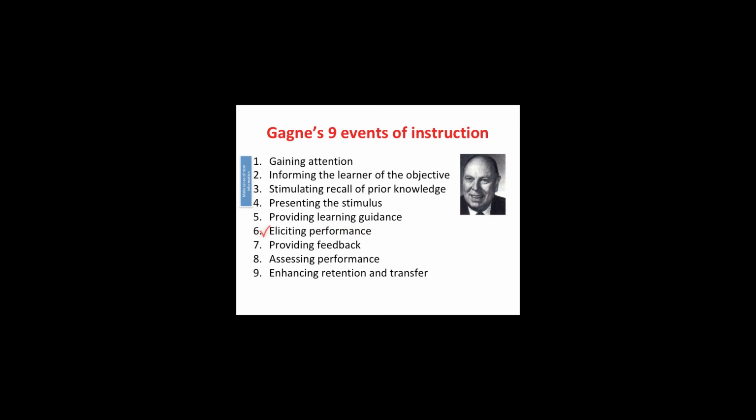So students had a moment to actually practice that performance on their own without the help or assistance of the teacher or the instructor. Then the students had an opportunity to receive feedback on their performance. So what were some of the things that they need to improve? What were some of the characteristics that they had to pay attention to as they were practicing on their own? And then the teachers had a moment to assess the students' performance and see in what ways they could improve, in what areas maybe the content was not covered as